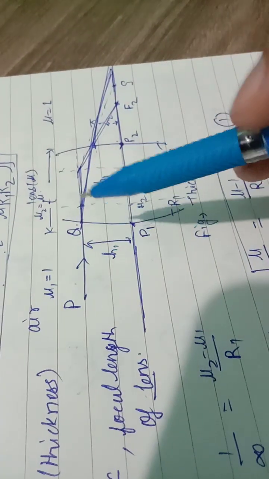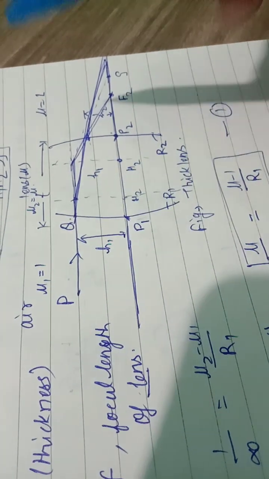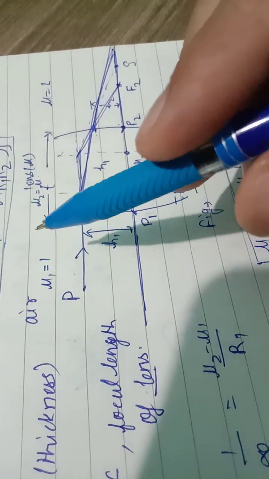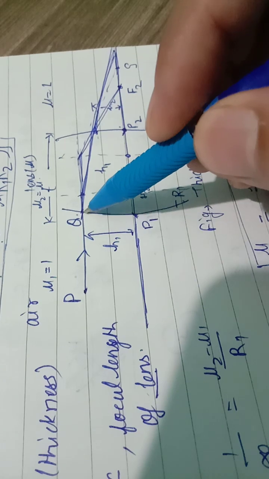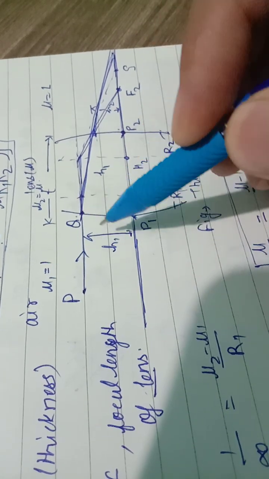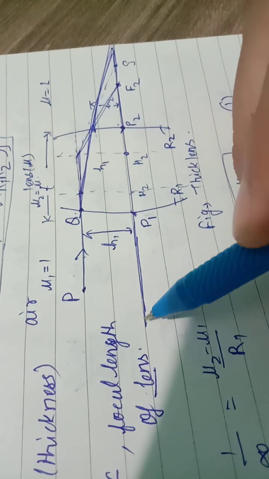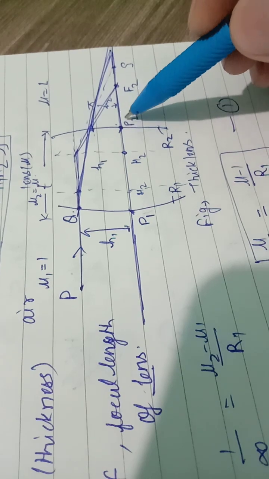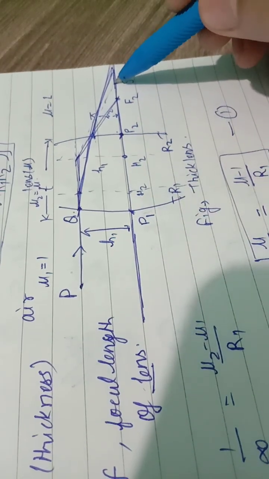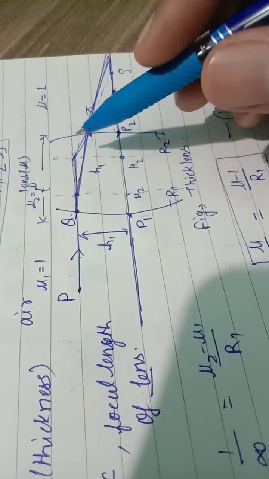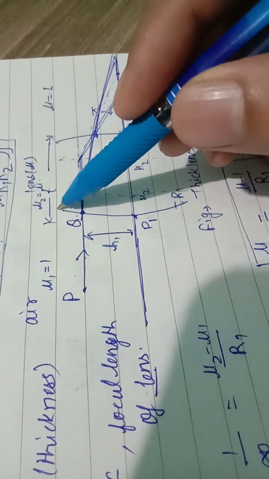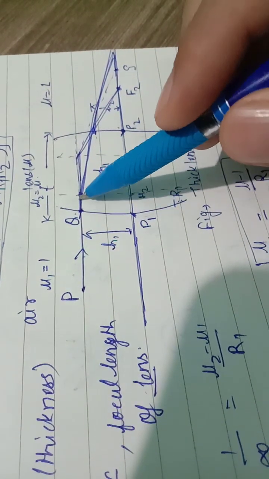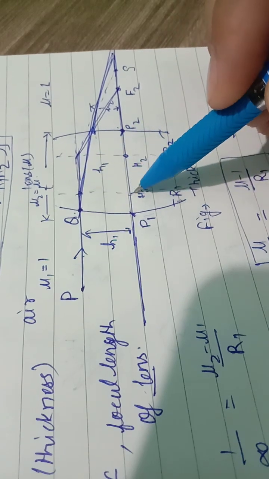So this is a simple ray diagram of the thick lens, where we are assuming a parallel ray coming from infinity and its distance from the principal axis, which is P1, P2. It is the principal axis of this thick lens system, and the ray is incident on the first surface. From there it goes up to the first principal plane,